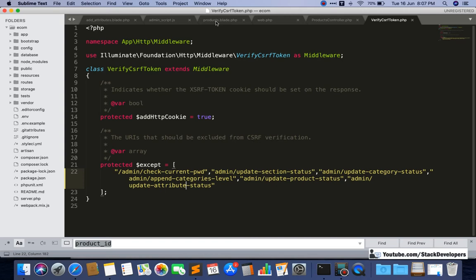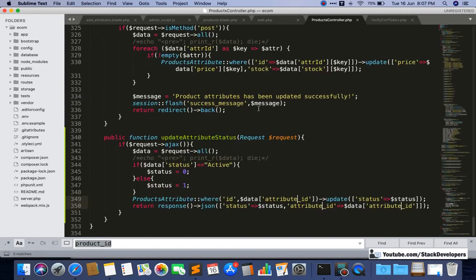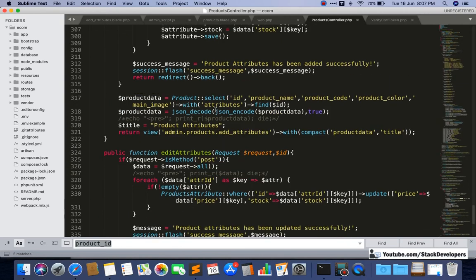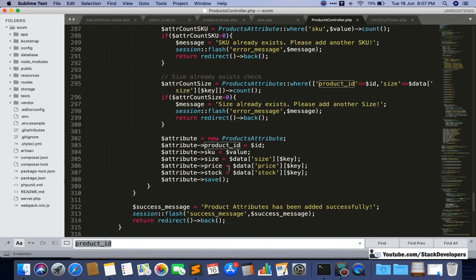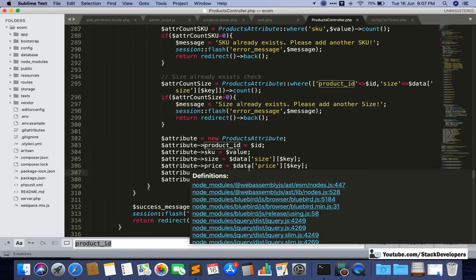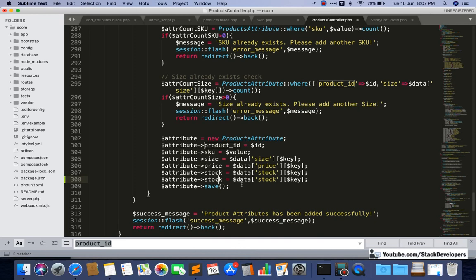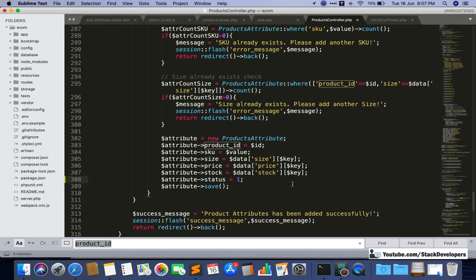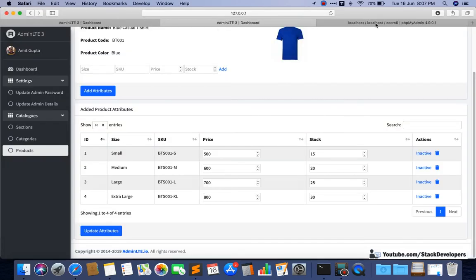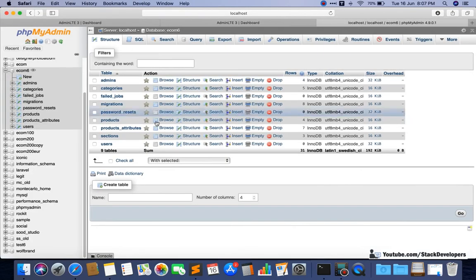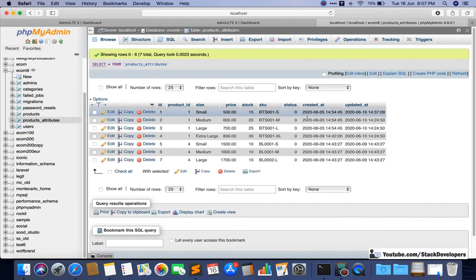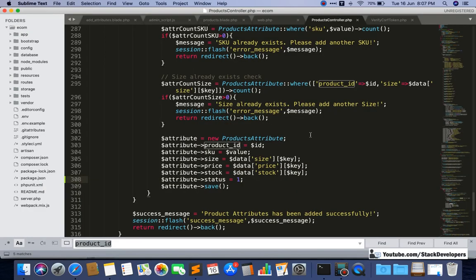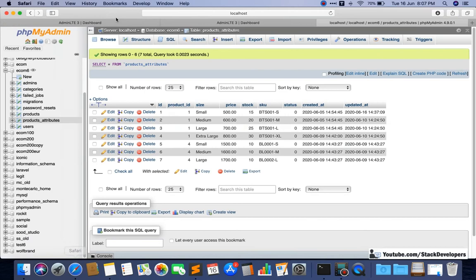And one more thing we want to do: at the time of adding attributes in the products controller, we are going to make the status active the first time. So for that I'm going to make status equal to 1 by default. Whenever you add a new status, see here in product attributes, I want to make it 1 every time we add the attribute.